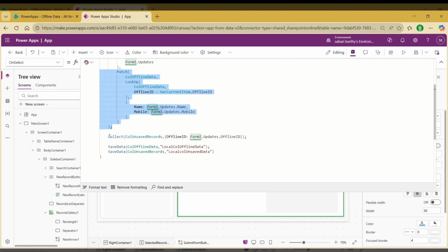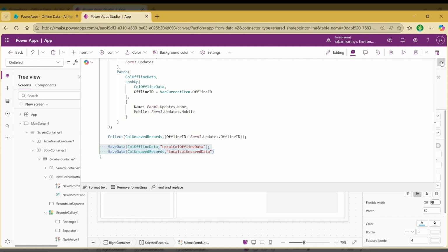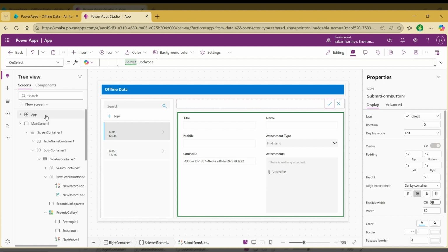Followed by, we have one more new collect statement, which will collect the offline ID separately to tell us back that this record was saved when the app was offline. Once all these collections are made, we are creating two temporary data sources, that is local call offline data and local call unsaved data. Now, when the app comes online, we need to make sure we are saving this back again to the source. So what I would like to do again, go to the app's on start property,